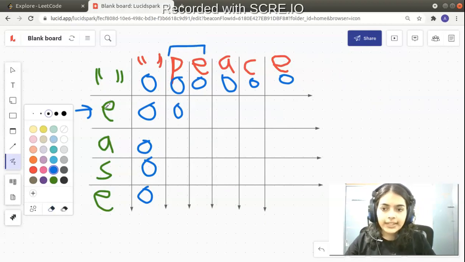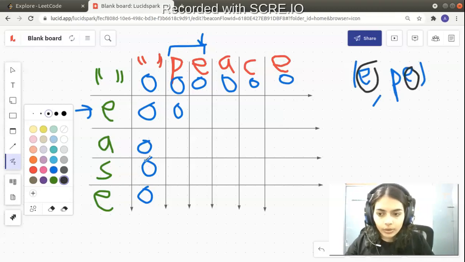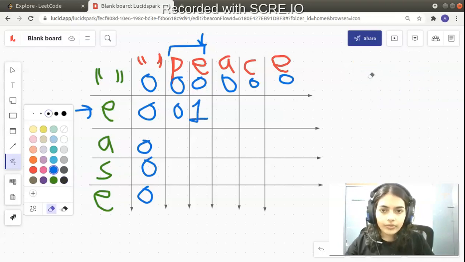What about E and PE? Let's go to the next column. We are going along the same row but just changing the column. So you have E and PE. Between these two, do you have any characters in common? As you would have noticed, you have E common between both of them, so you have one character in common, and I will fill one here. As we build the logic, we will also build the code for how we fill these. Let's just make observations initially and then go forward.